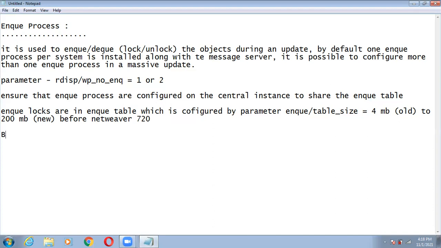So before NetWeaver 7.20, we will see, and after NetWeaver 7.20, or you can also say 7.2, all the major drastic changes in SAP have happened after NetWeaver 7.2. See, with the help of a slide, I will explain to you.